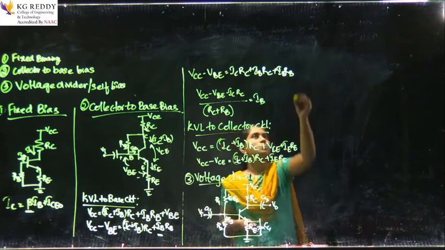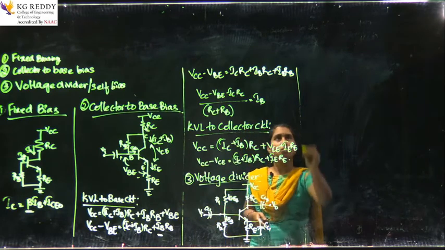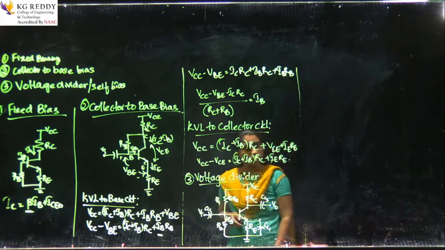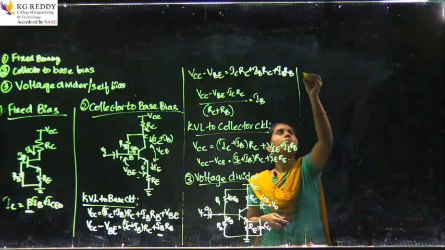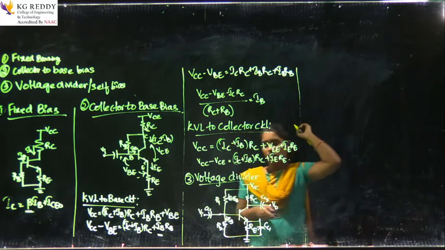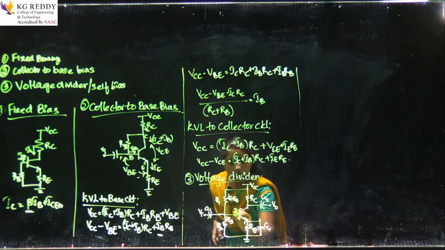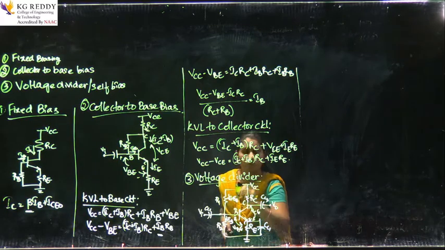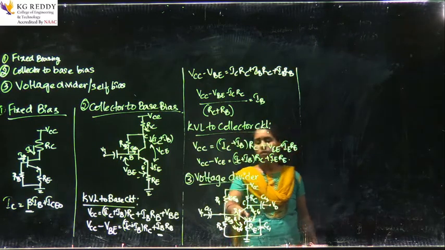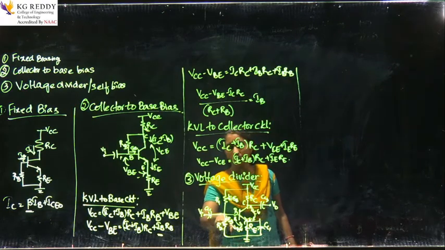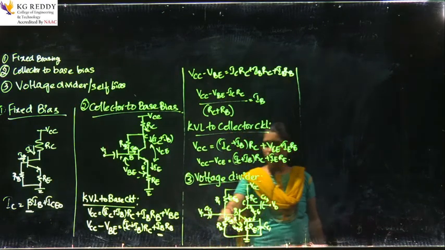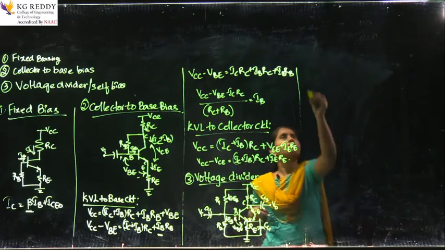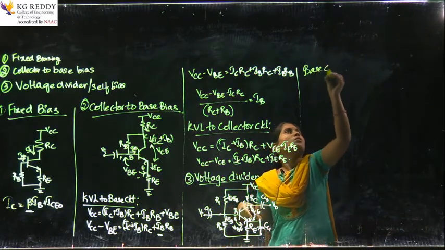Now, similarly, we need to go for the analysis to know whether the stability can be achieved or not. Here at your base circuit, this one is base, emitter, and this one collector. As usual, here is the base to emitter voltage, and here the collector to emitter voltage. Now you need to apply the voltage divider theorem at your base circuit. First we must go for your base circuit.